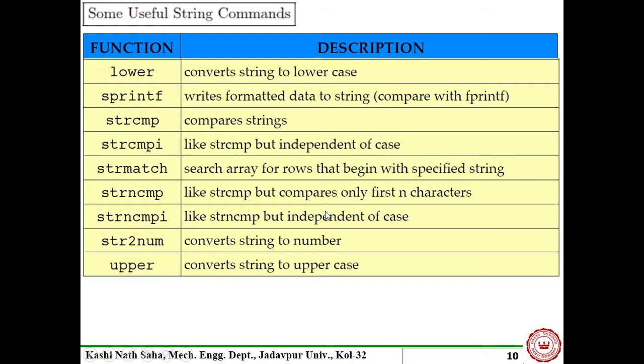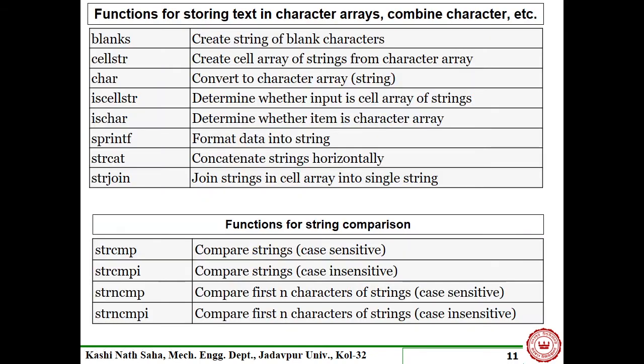But in our program, we have used 0 and 1. We didn't keep those confusions there. 0 was for no, 1 is for yes, so that is better for integer comparison. There are other functions for strings, like string compare, etc. This strcat is one of the useful functions. This is to join two separate string variables, string data.